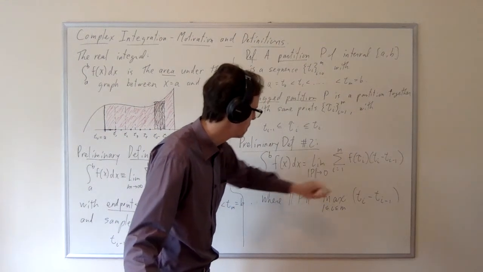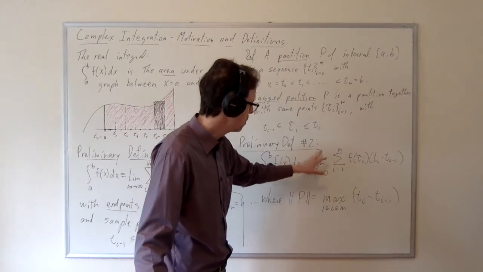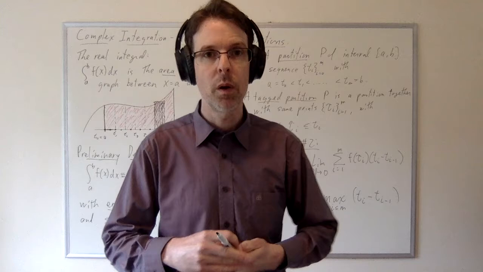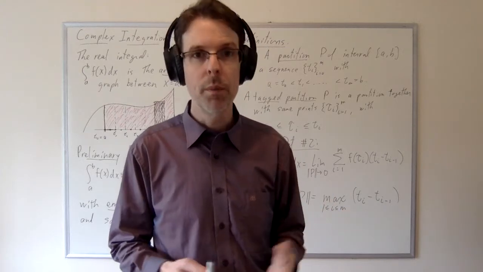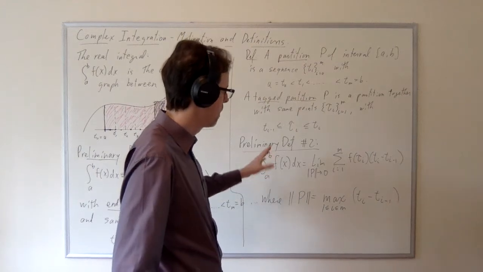What does this norm of a partition mean? But problem 2 is deeper. This introduces a new kind of limit. And we need to give an accounting for what this kind of limit really means. And so what we're going to do is, instead of